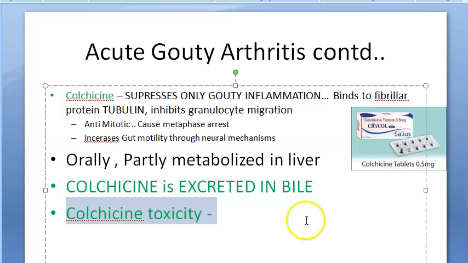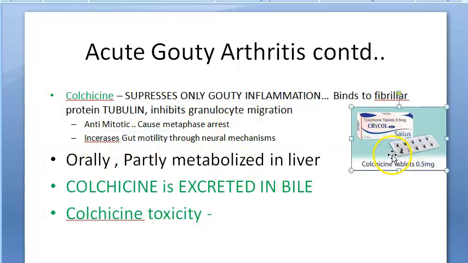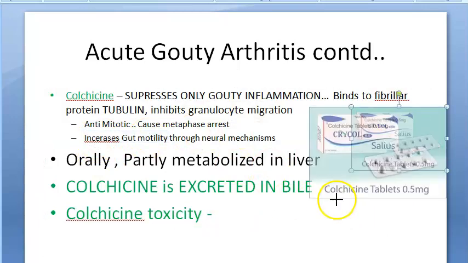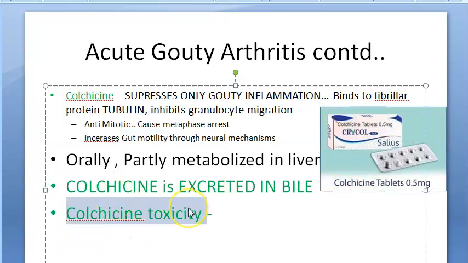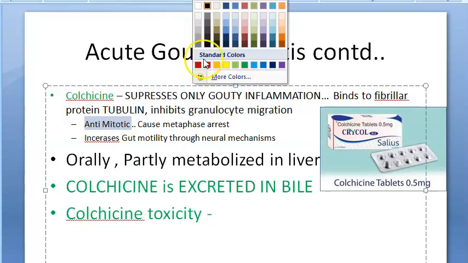Nausea, vomiting, diarrhea. Obviously that and all you guessed now. As soon as we said increased gut motility and it is given orally, you can say nausea, vomiting, diarrhea, standard things you can say. Abdominal cramps, etc. can occur. Accumulation of the drug can happen in the intestine and because it inhibits mitosis, right? You have already seen here, it's antimitotic. So as it does all this,